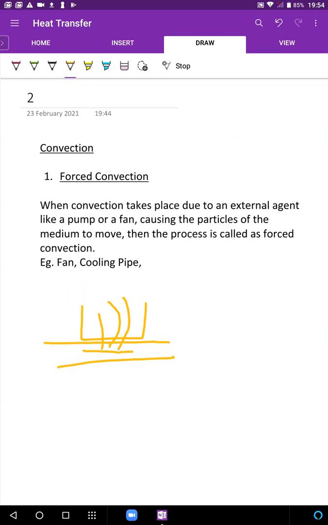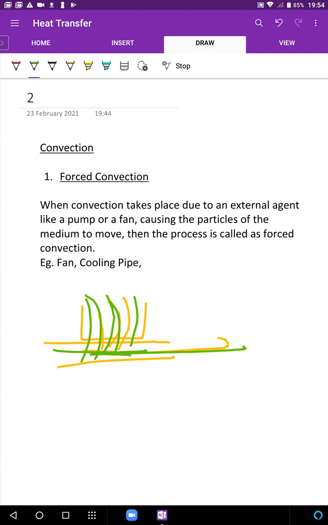So water is going to take up this heat, and then you don't want the heated water to stay there. If the heated water stays there, it's not going to be able to take more heat. So what happens? The pump makes this water move ahead, and then it brings cooler water in. As the cooler water comes in, it takes some more heat, and again the pump moves it ahead. Cooling pipes are used in nuclear reactors, in automobiles, in any engine as well.